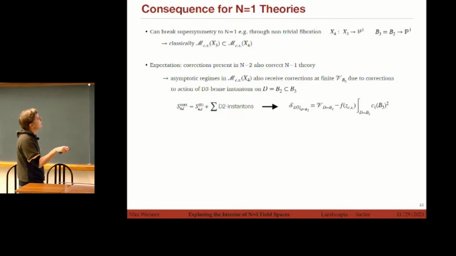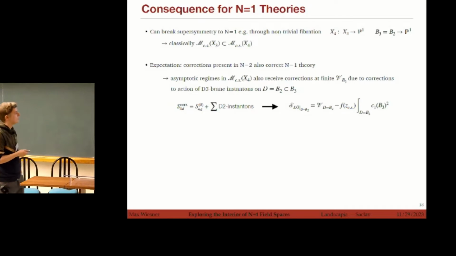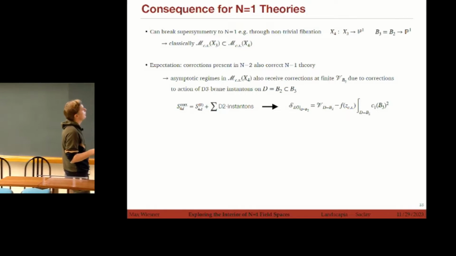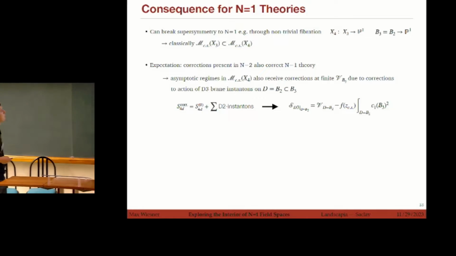So we also get some kind of corrections that now depend on the complex structure moduli in the limit, and actually you can see in simple smooth Weierstrass models that there is again this C1 b3 squared, which tells us that if I have a non-trivial fibration for this Calabi-Yau, these guys contribute.